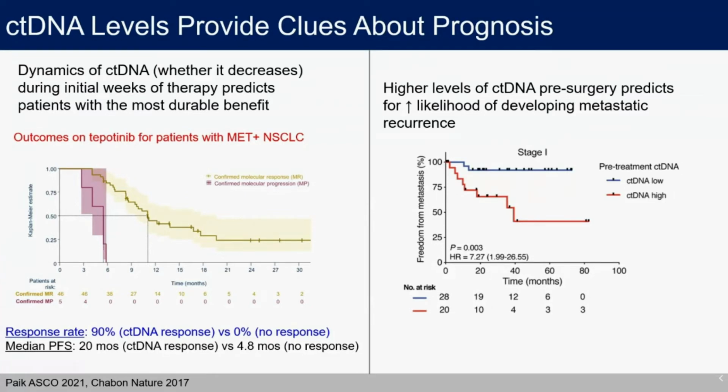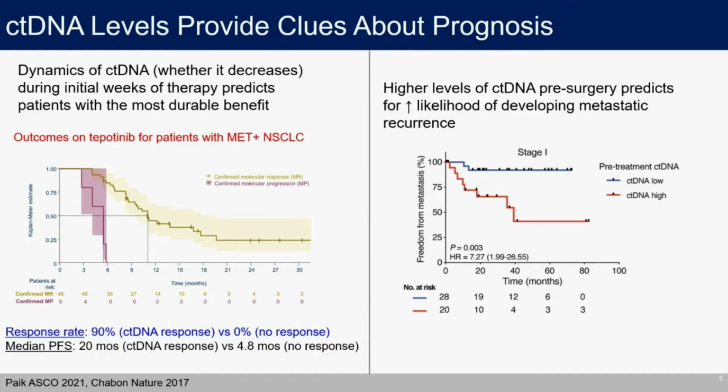And so for those of you who are not familiar with the management of stage 1 lung cancer, it's in fact the opposite of stage 4, where the backbone of therapy is systemic therapy, like chemo, targeted therapy, immune therapies. For stage 1 lung cancer, the mainstay or backbone of therapy is really surgery, and the minority of patients actually receive systemic therapy. So what this study was asking is, if someone has higher levels of circulating tumor DNA prior to surgery,